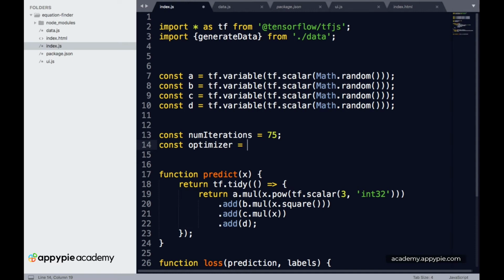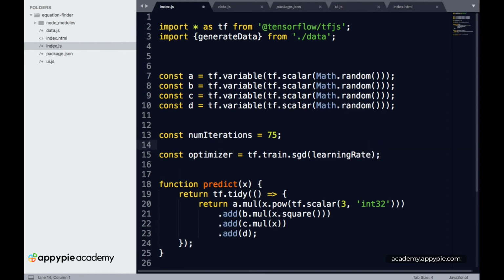So now you have to put in TensorFlow dot train, and the optimizer which we are using over here is called stochastic gradient descent, so it is sgd, dot sgd. Inside this, let's put in another argument which will basically tell how fast the machine learning model should learn, and for that we need to put in another variable called learning rate.